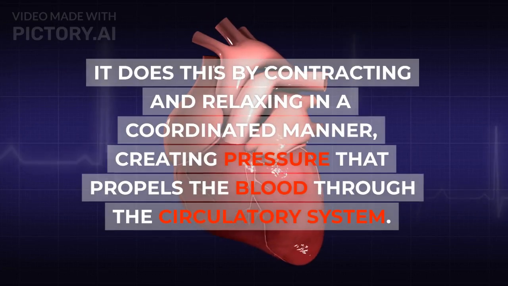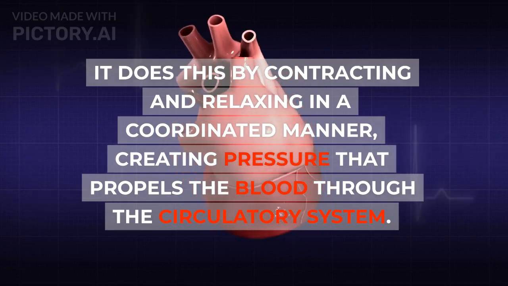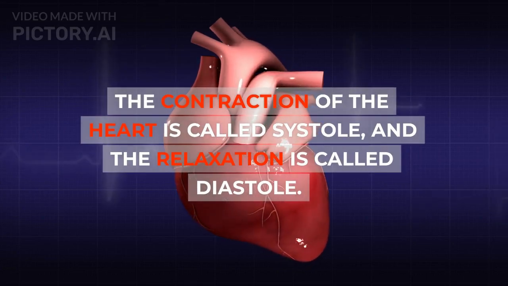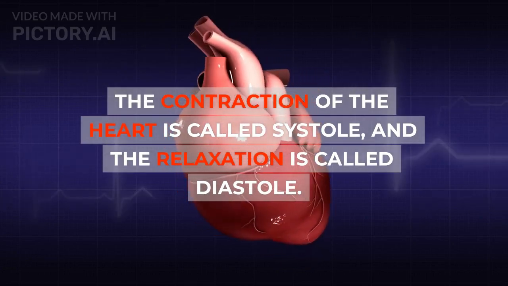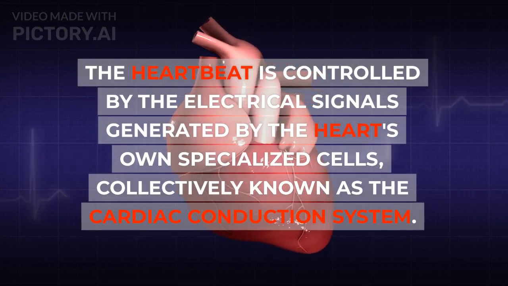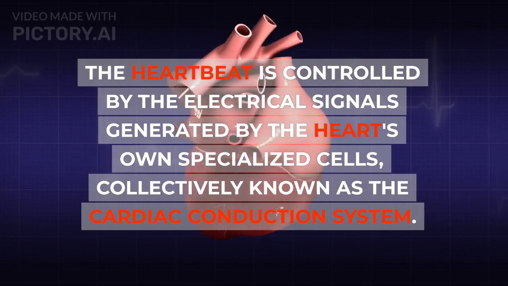It does this by contracting and relaxing in a coordinated manner, creating pressure that propels the blood through the circulatory system. The contraction of the heart is called systole, and the relaxation is called diastole. The heartbeat is controlled by the electrical signals generated by the heart's own specialized cells, collectively known as the cardiac